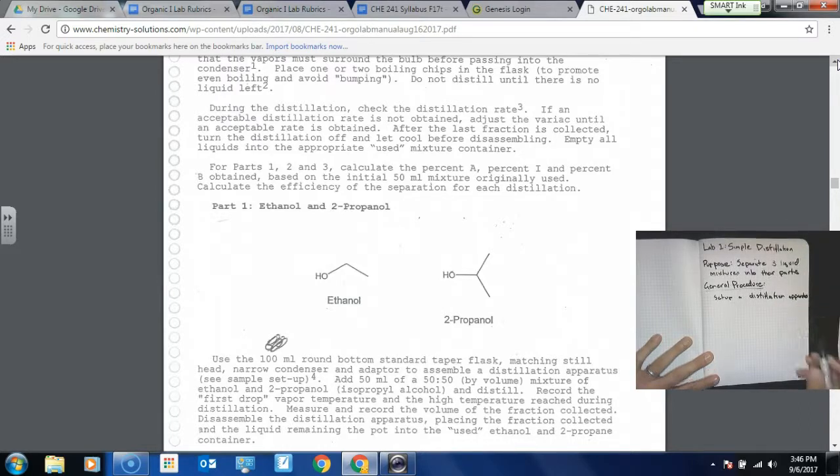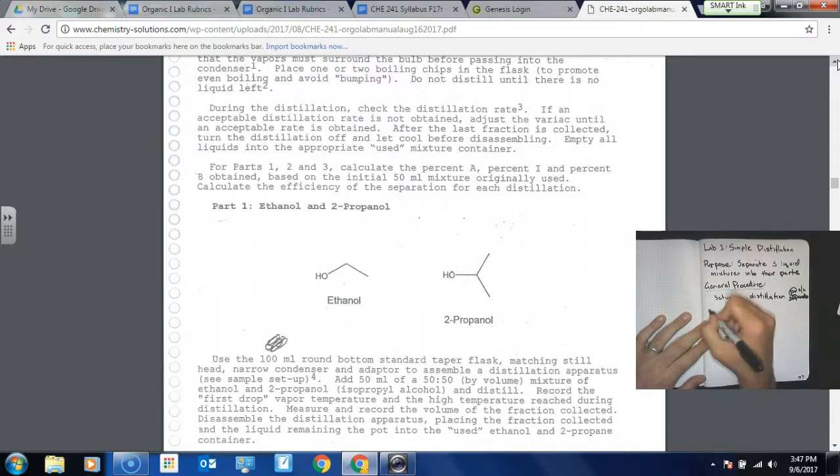Okay? Now, notice you can't read that very well. That's okay for this sort of thing. If you can't read it or you want to make a correction, one line through it, initial, and date. Today happens to be the 6th. Okay? Set up a distillation apparatus